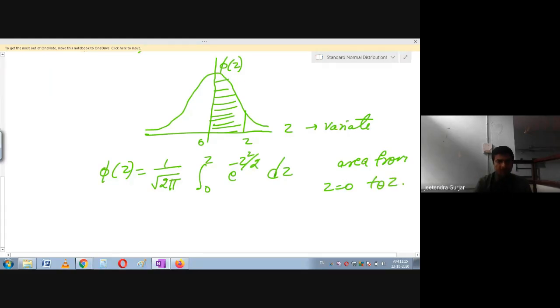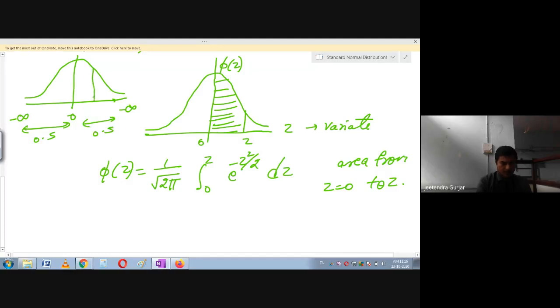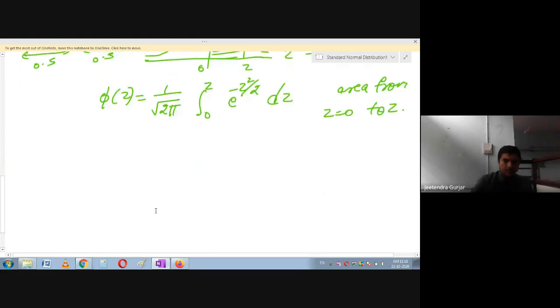So like this, I think you have come across why we have divided this area. If you take this as the normal distribution curve, this is 0, this is infinity. I am just revising the previous class. So this was the area 0.5, as you have to remember. This is the area 0.5. If you want to get this area, we are going to take this as phi of z, and phi of z is nothing but this value. This is just a revision of the previous class, done once again because this is very important.